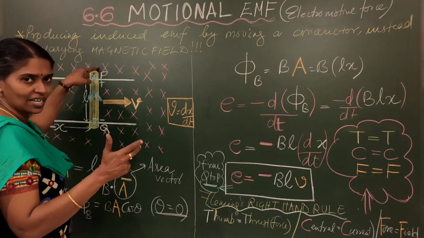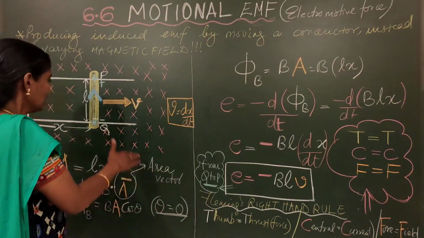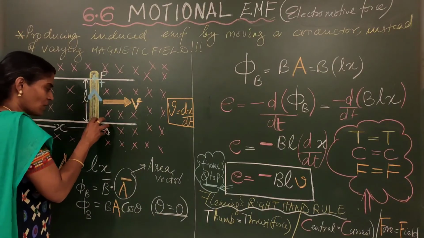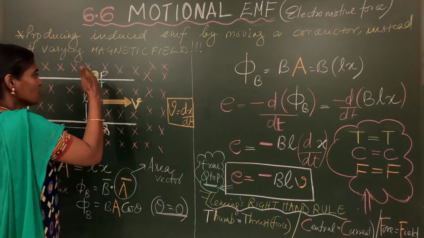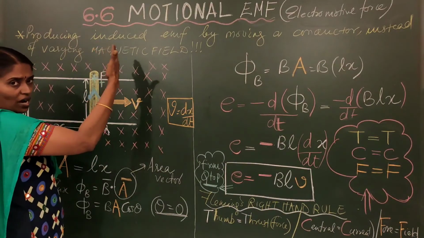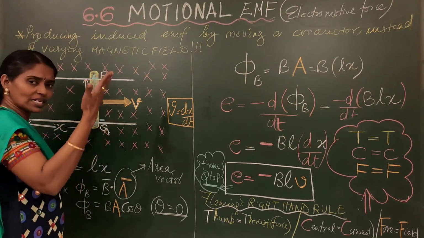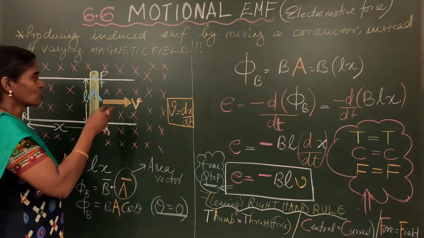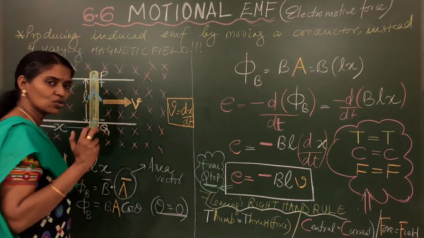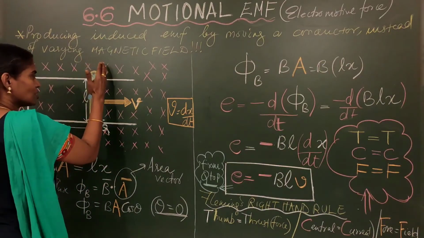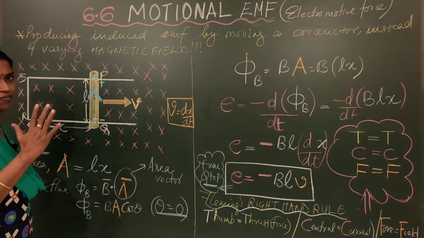So if that is the condition, we can very simply write this is at lower potential, the point Q. This is at the higher potential. Why? You know, from plus current is going out to minus current is entering. So definitely P is at a higher potential compared to Q. So P is positive, Q is negative.